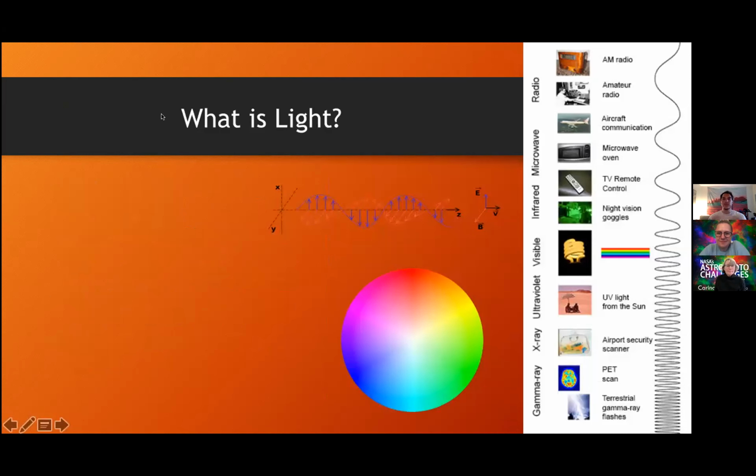So let's just briefly talk about what is light. You could talk about light for years, but just to give a brief overview so we're all on the same page when we're talking about colors and spectrums and things like that. So basically, fundamentally, from a physics perspective, light is an oscillating electromagnetic field, as you can see in this